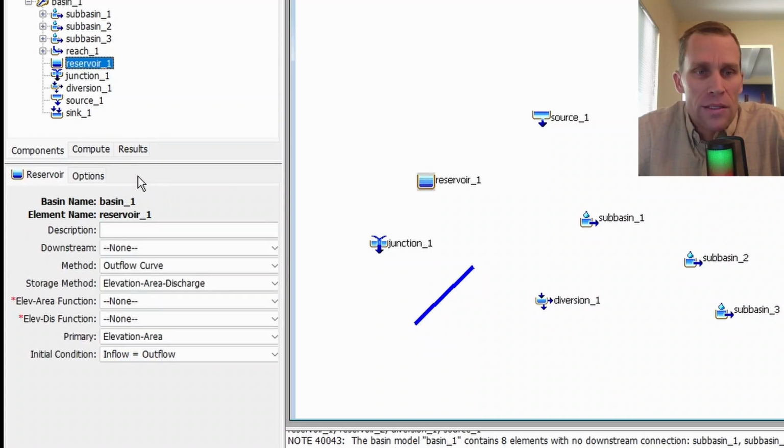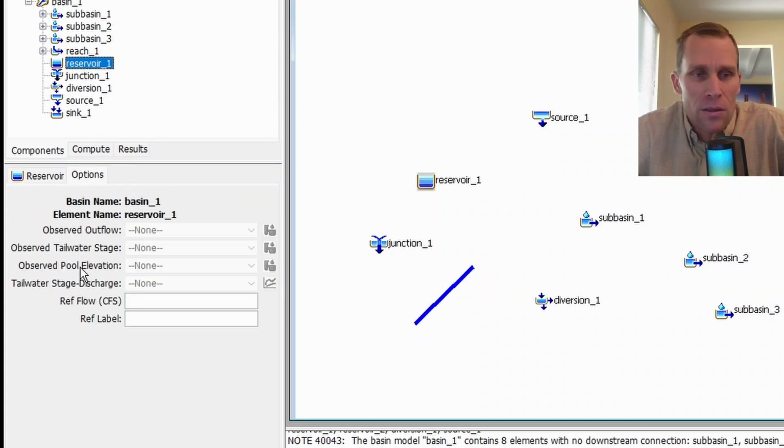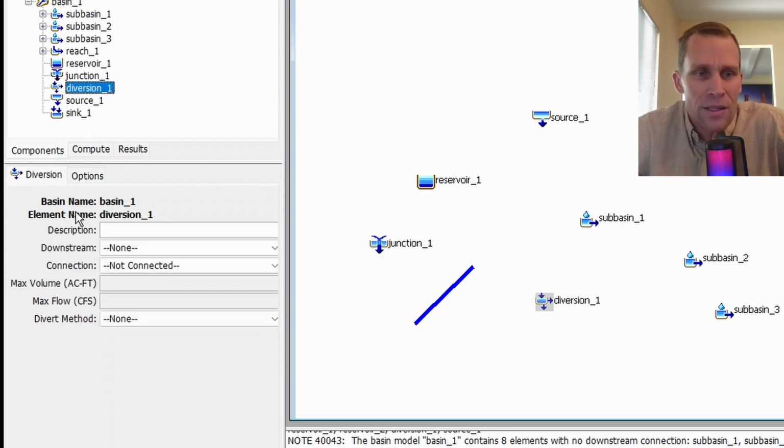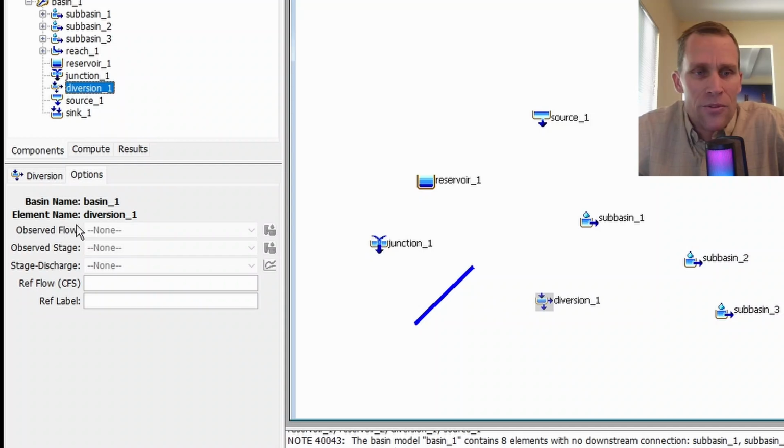Here at reservoir is maybe a little bit different because it's called tailwater stage and observed outflow. And then for a junction, here's the options tab, observed flow, observed stage. Diversion, same thing: options tab, observed flow,